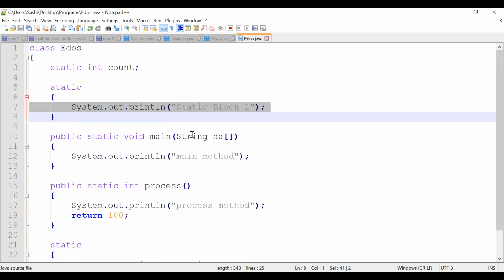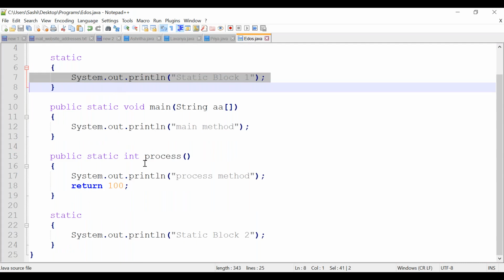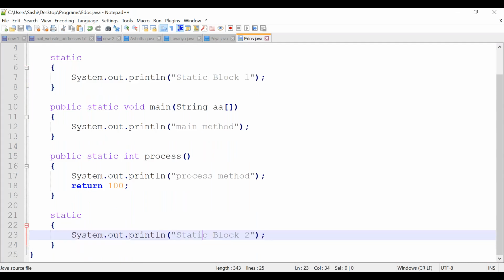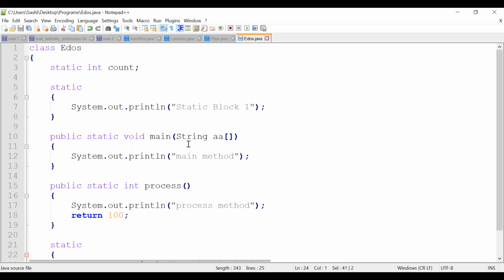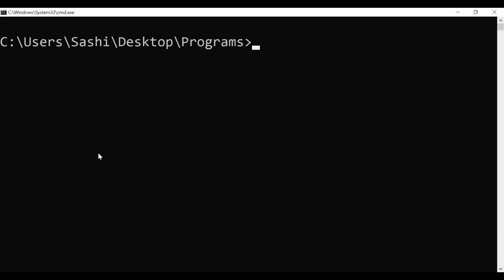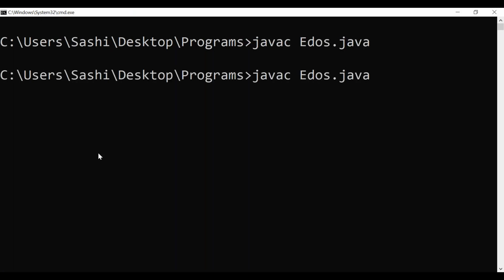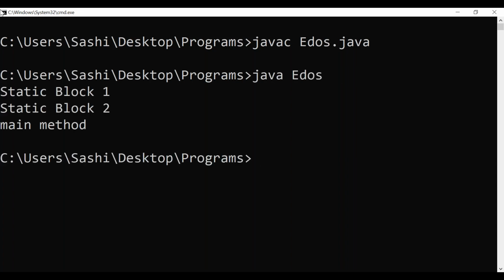First static block 1, then is there any other static block? Yes, static block 2, then main method. This is the output you will be getting, right? Let's run it. See, your output will be static block 1, static block 2, then main method.